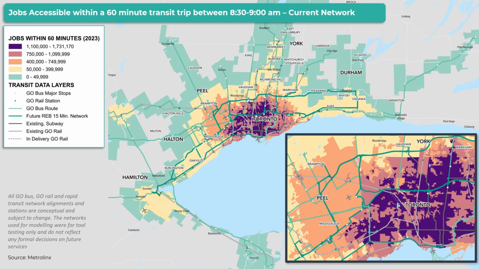So to discuss this, here's some more of a traditional evaluation to get us started. The first evaluation looks at the tool's application in measuring access to jobs in the AM peak. The map demonstrates jobs accessible by transit in the AM peak period within a 60-minute travel time as a function of walking access, transit travel time, and transit frequency. The present network is assessed. Unsurprisingly, the City of Toronto affords residents the greatest access to jobs via the transit system, with most of the city being able to access over 1.1 million jobs within 60 minutes.